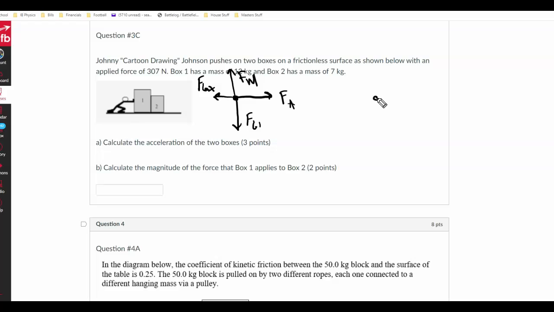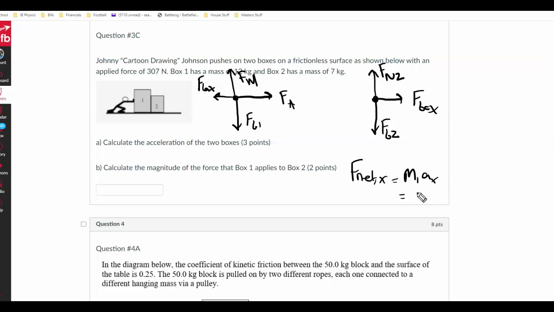For the other object, the only force we have in the x direction is F box. Because now if you focus on what is touching box number 2, the only thing touching box number 2 is box number 1. So that would be F box, like that. Notice that this is going in the positive x direction and this is going in the negative x direction. So when I write down my second law equations, I have F net x equals